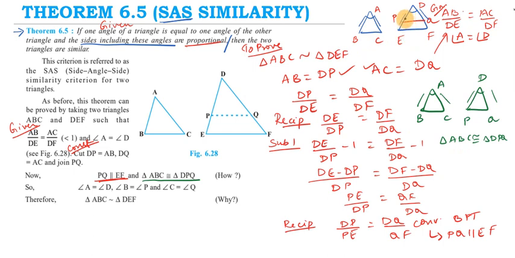But from this we can say that since these two are parallel, I can say this angle is equal to this angle. So what will I say there? I will be able to say that angle P is equal to angle E and angle Q is equal to angle F. But by this congruency, what can I say? I can say that angle B is equal to angle P and angle C is equal